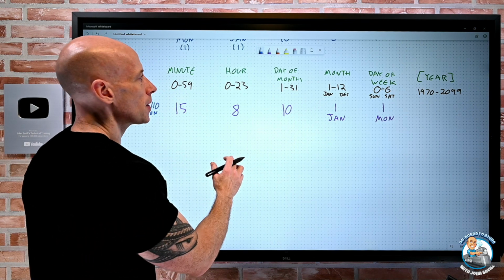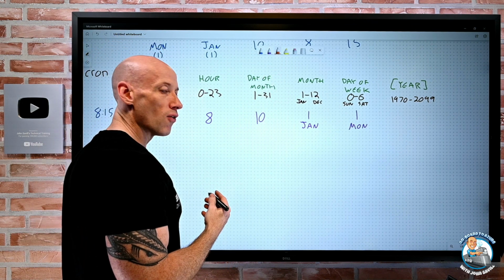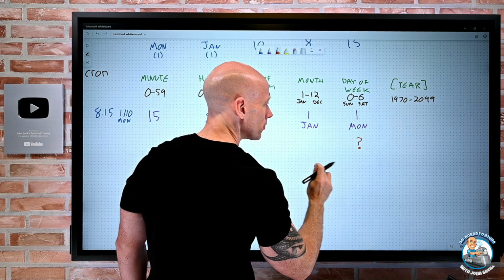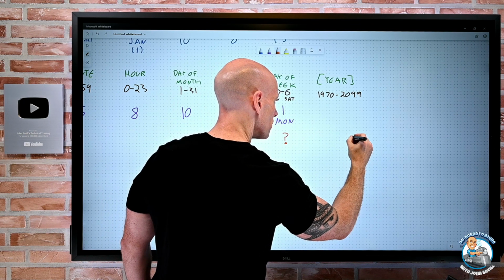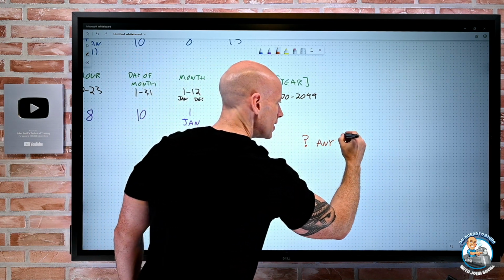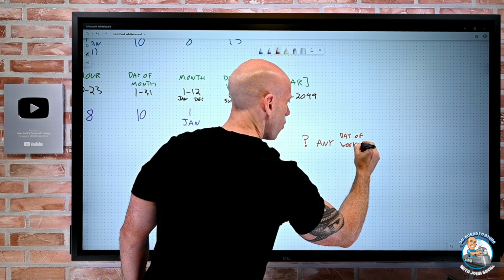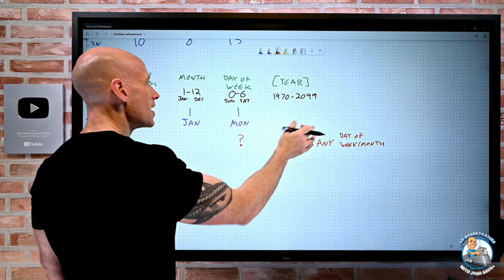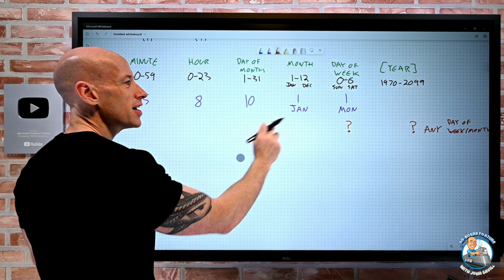Well, we have some special characters. So the first special character we can use is this idea of any. So for that day of the week, I could say question mark. So when I say a question mark, it's telling me any. Now I can use that any in day of week or month. So that's the only place I can use that. I can't use any in the month. I can't use it in hour or minute. But that just says, hey, I don't care.